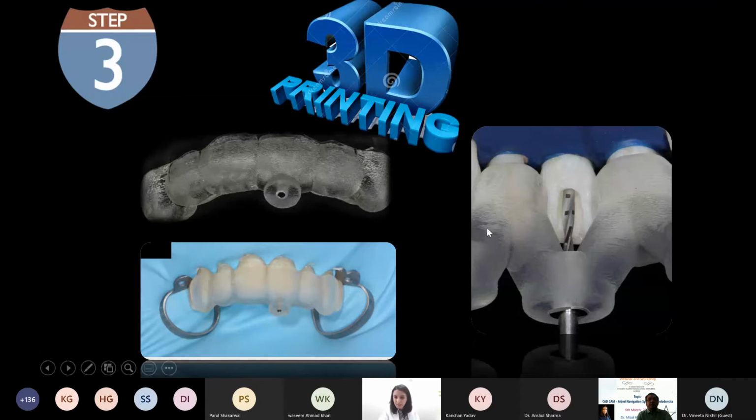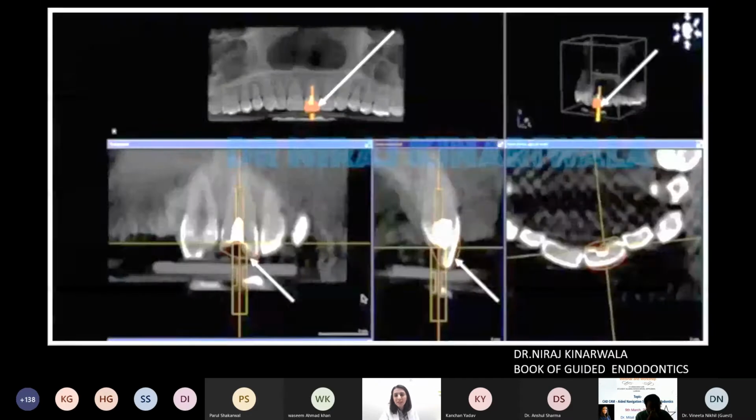When the dentine is exposed, you can take the specific burr that you chose before to reach up to that point of the canal. And when you reach that point, you take out this burr, put a 10K file, BMP, and obturate the canal. So this was the whole concept of guided endodontics.